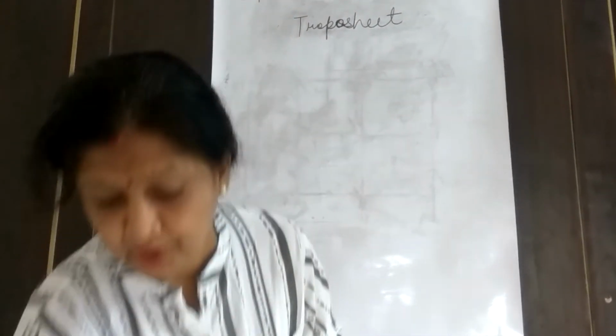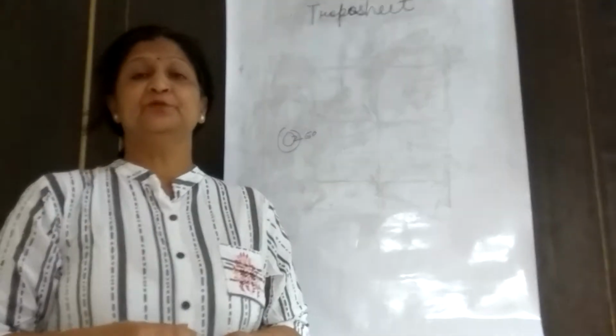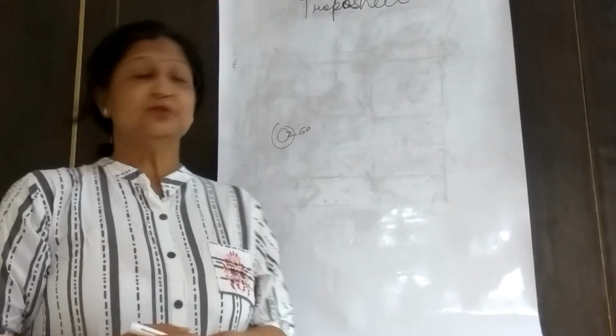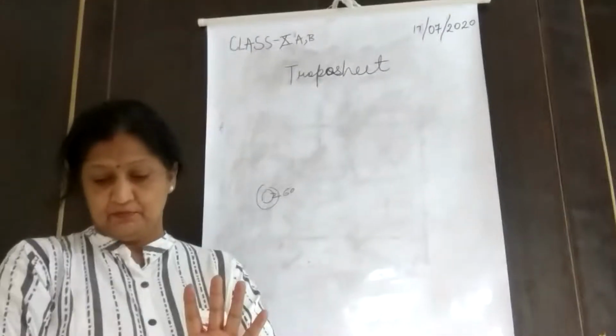Secondly, there is the spot height. Spot height is generally in a circle. If it is written 260, it means the mountain has a height of 260 meters. It is mentioned with a dot, so it is known as a spot height. It is generally the height of the mountain.